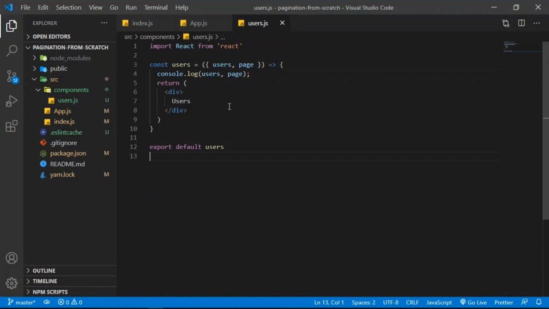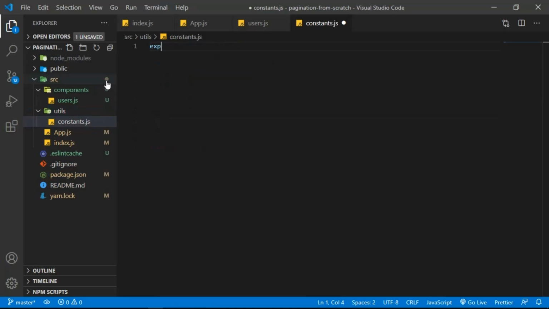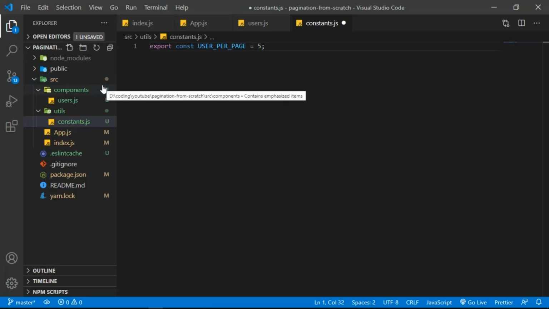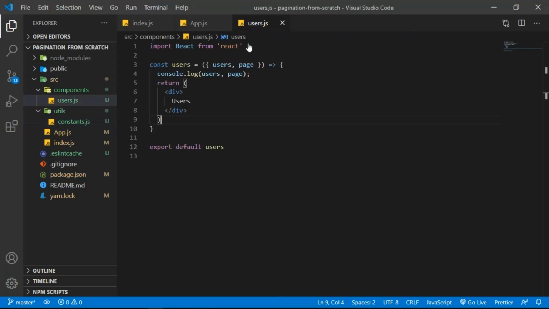Okay, cool. So let's create another folder inside the source. I'm going to create utils, and inside the utils folder, I'm going to create a file called constants.js, and in here I'm going to export a variable called USER_PER_PAGE, and just say 5. Okay, I'm going to show 5 different users for each page. So let's just copy this variable name and don't forget to save, and just close and go back to the users.js